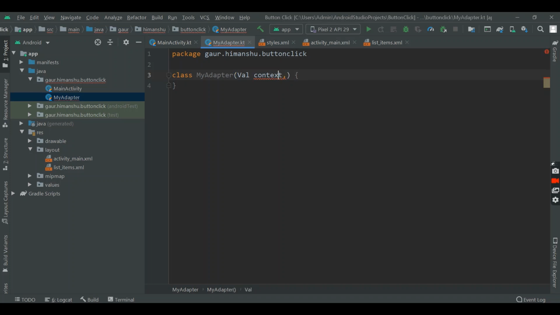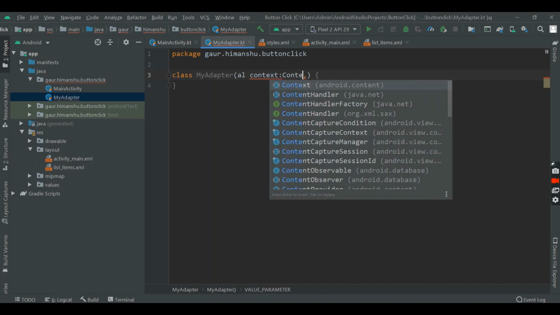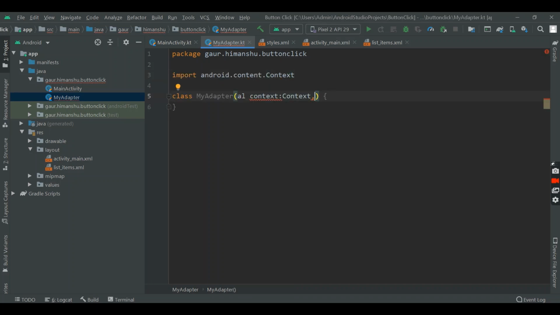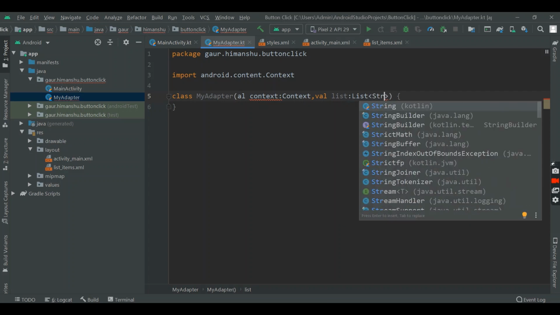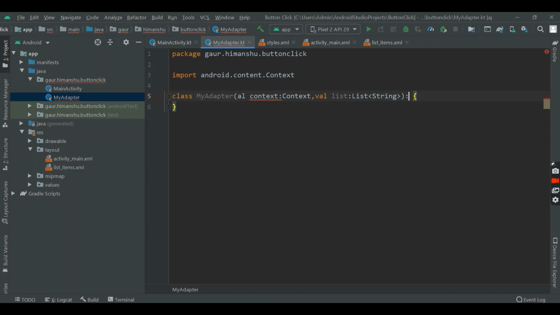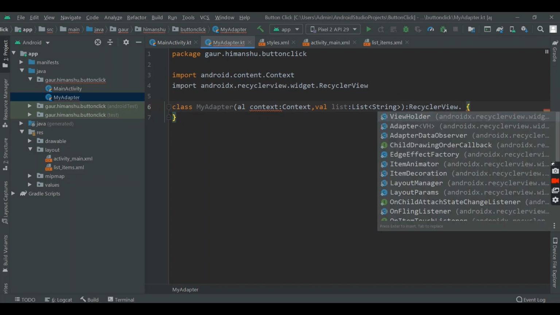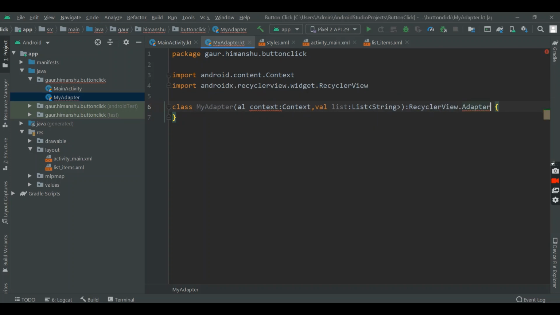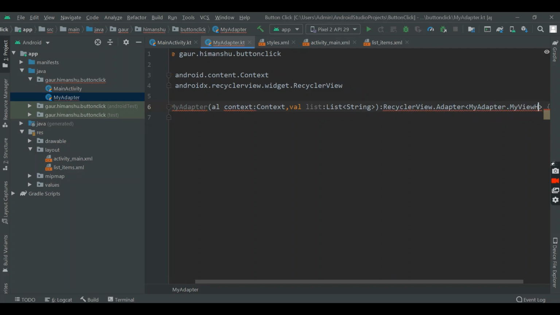First I need to take a context as a variable, and the second variable is our list, which is a list of strings. Now extend it with RecyclerView.Adapter, and first you need to pass your custom adapter class name, and second we are going to create MyViewHolder class within this MyAdapter class.